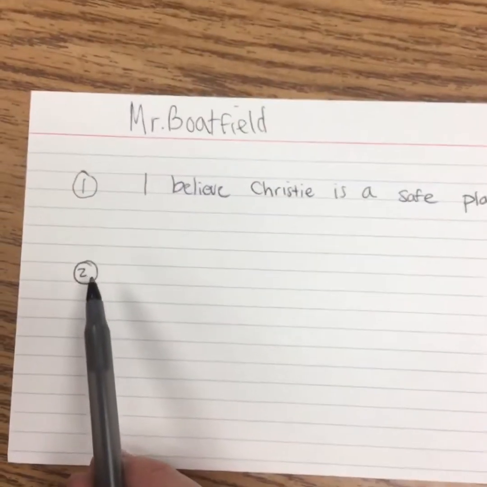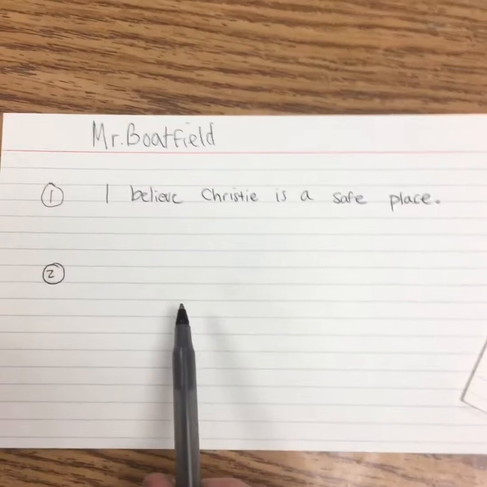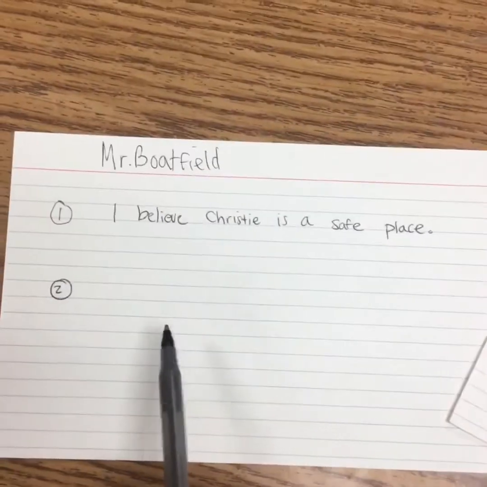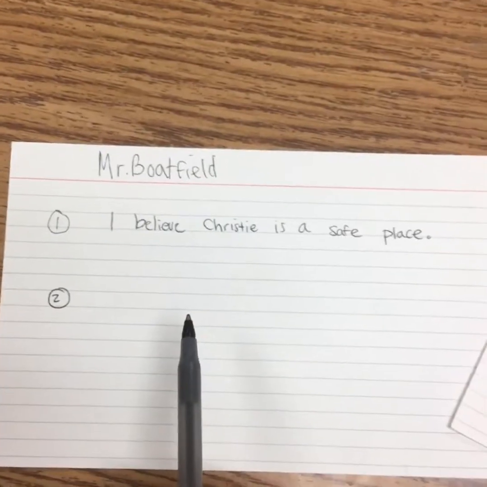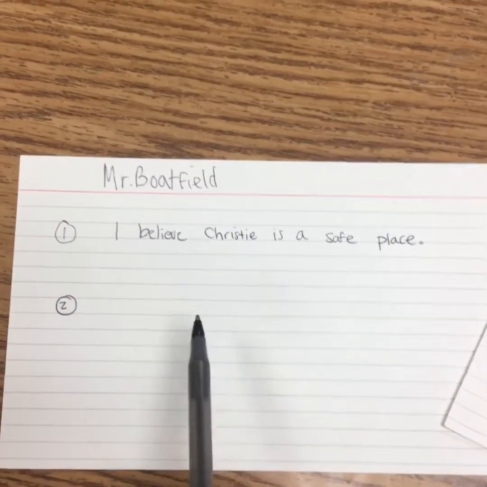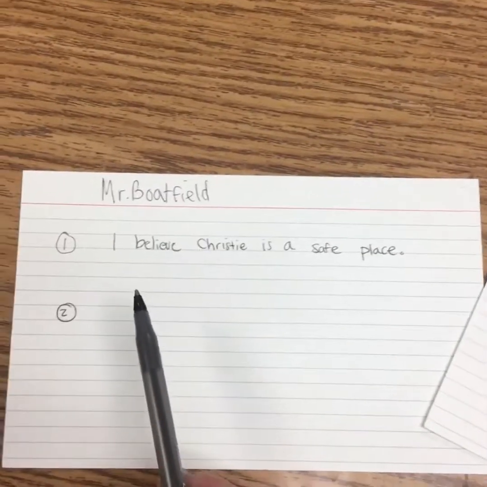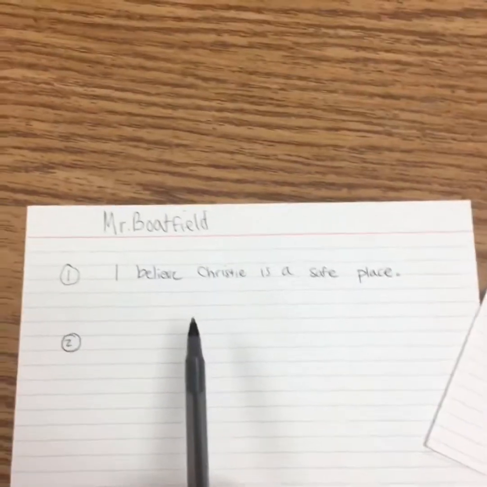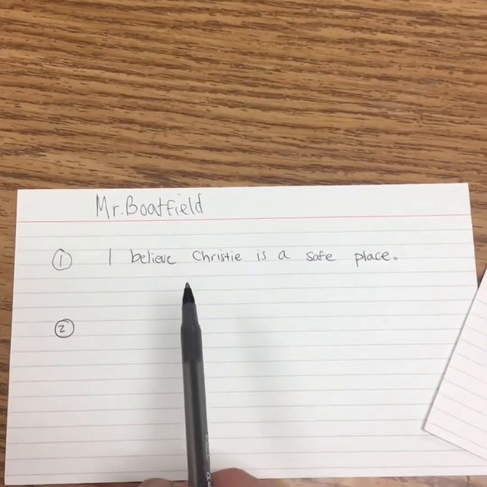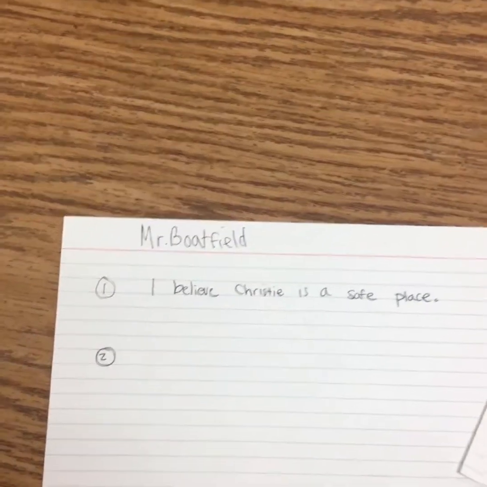So number 2, so go ahead and write number 2 and circle it. This is where you're going to write an I statement. So we're going to think about either a positive or negative interaction. So I'm just going to give you a little bit of think time. I just want you to think to yourself, maybe it was a conflict you had with a friend or family member, or it could be something really positive. It could be that something made you really happy, or something a friend said made you really grateful that they were around. Think to yourself, and then if you feel comfortable, go ahead and share with a partner what your I statement might be.